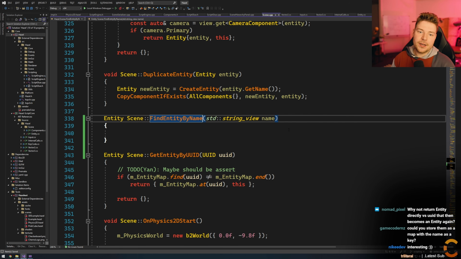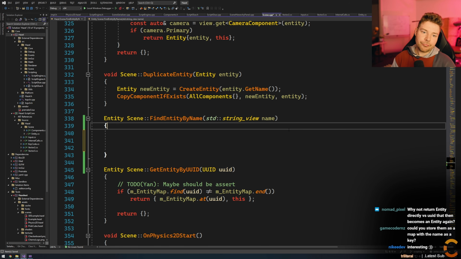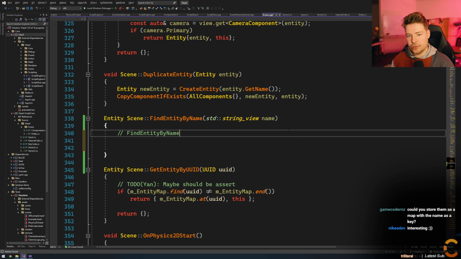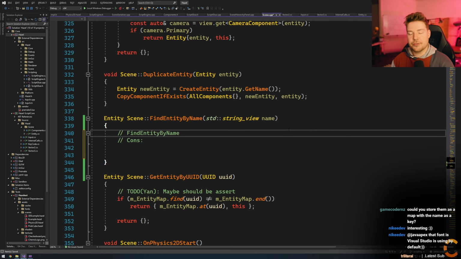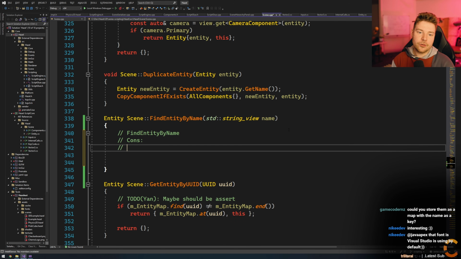okay. So let's talk about find entity by name. There's several reasons why you don't want to use this, right? So if we talk about the cons of this, I mean, the pros are, I guess, that you can easily retrieve an entity by its name, right? But the cons are that, first of all,